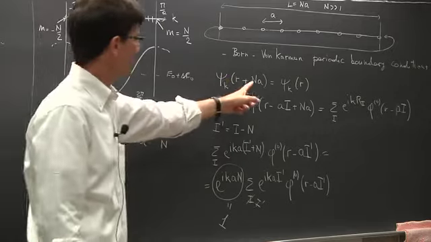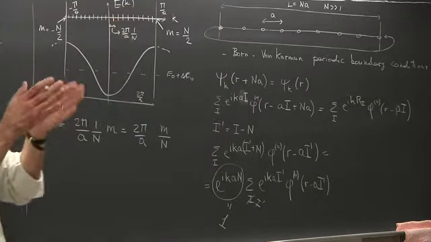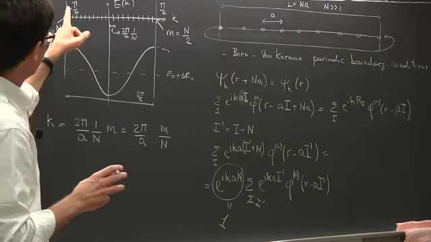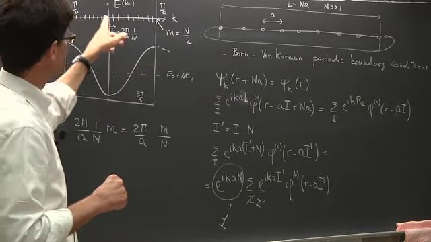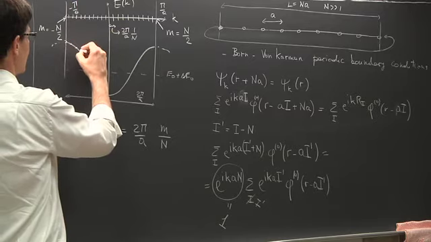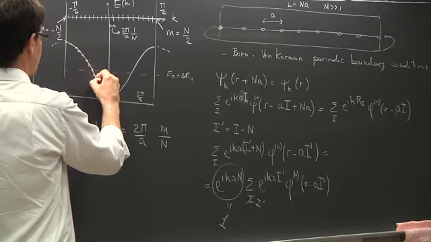And if I make N large enough, this grid becomes finer and finer, and essentially becomes a continuum. But now I can count the states, because I have only a finite number of states to handle, because only these values of k are allowed, which means only selected values of the energies will be allowed,